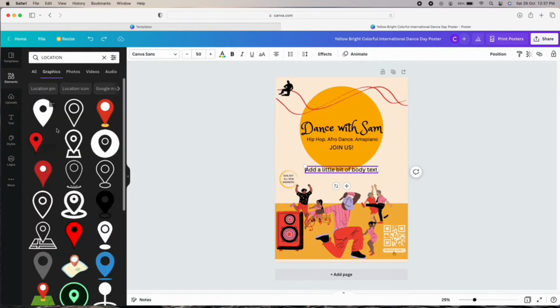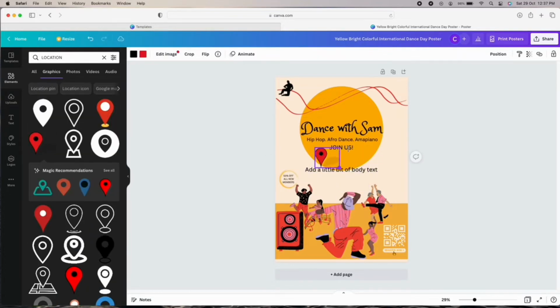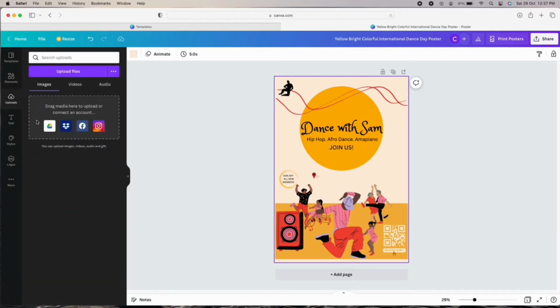Okay, so we know that with every poster you obviously have to put a location. Where is this going to be? So I wanted to add the location for this guy's studio. So he's a student at